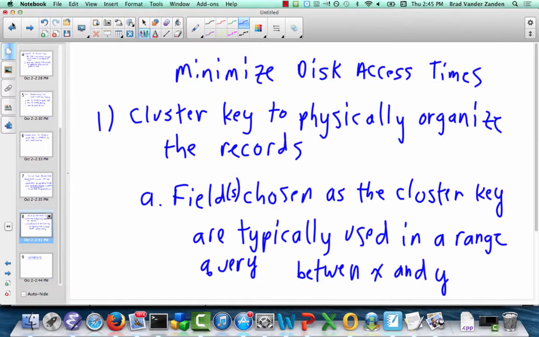Yes, Isaac. Ideally, it would be because they'd all be in the same block, and even if they weren't in the same block, it would be the next block. Exactly. So I only pay my random access time once. I only have to do the seek and the rotational latency once. And then after that, I can just, boom, read everything in. And typically there will be a number of buffers for your blocks. So you can read multiple blocks. And so what's happening